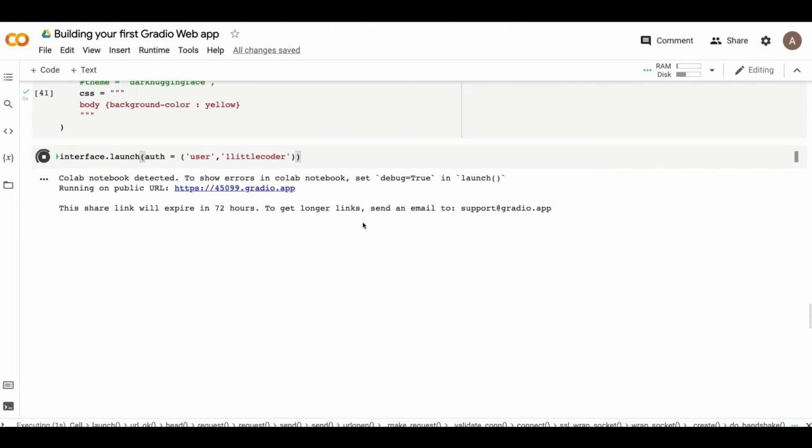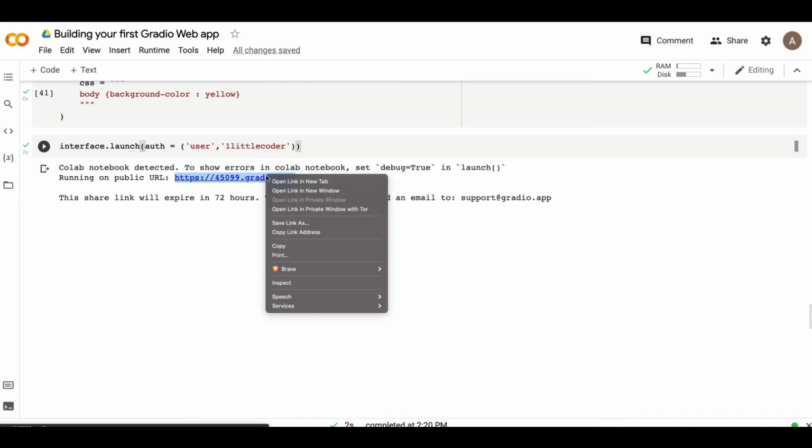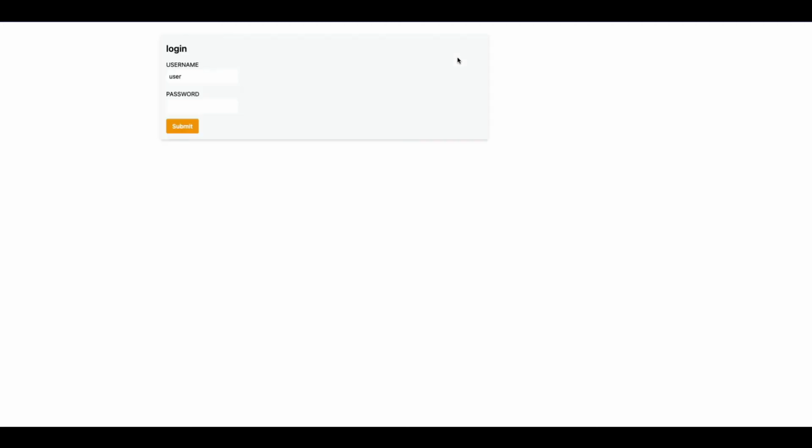After I run this, I have got the app. I'm going to click the link here, and you can see it takes us to an authentication page. Let's give a wrong username and password first. I'm going to say user, and for the password something else. When I do that, it says the server could not verify you. You either supplied a wrong credential or your browser doesn't understand how to supply the credential. So the first thing is it works. The authentication works. It's not letting anybody log in.